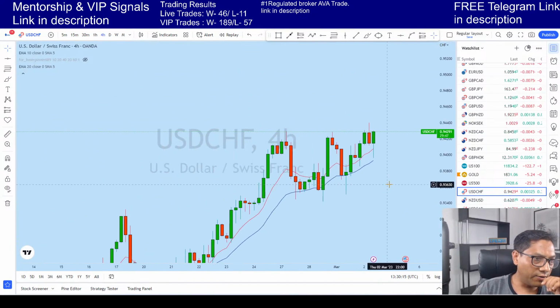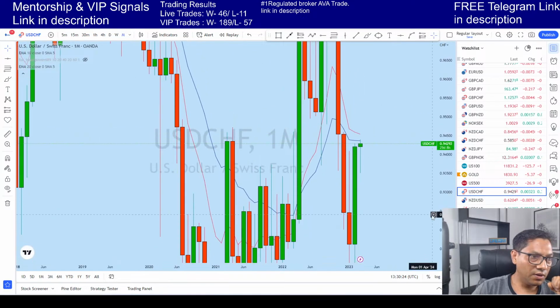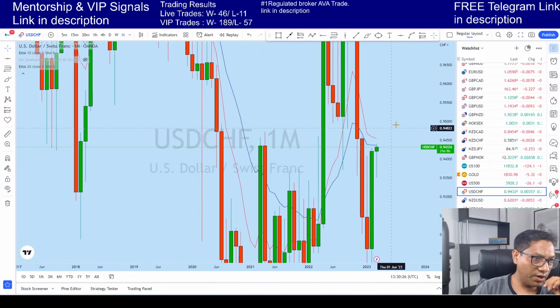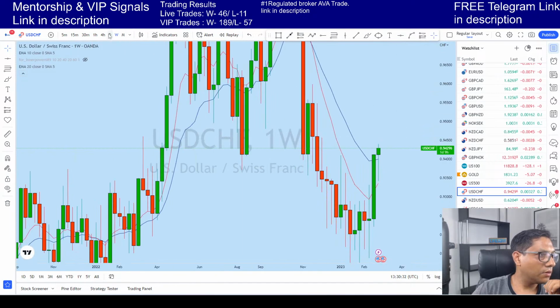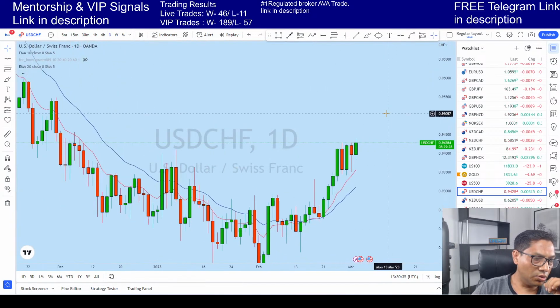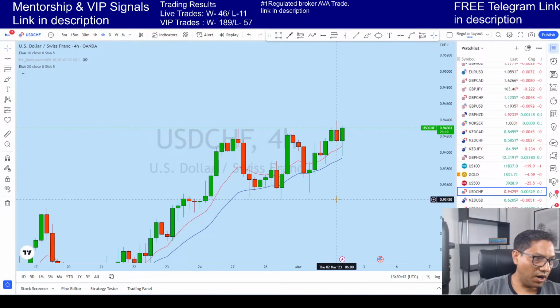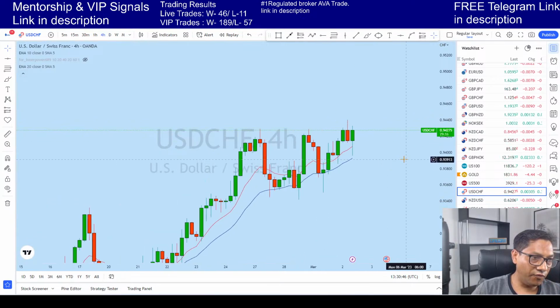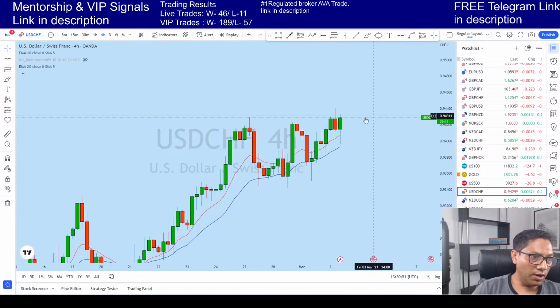Okay, dollar Swiss franc, we see that from this support. Okay, USD CHF, let me look at how it is doing. It looks like USD CHF might try to go bullish. Okay, looking at weekly, daily. So it looks like USD CHF is strongly bullish. Let this candle close, because what I see is this market is preparing, I think this market might go for a big bullish move. Okay, let's buy USD CHF here.